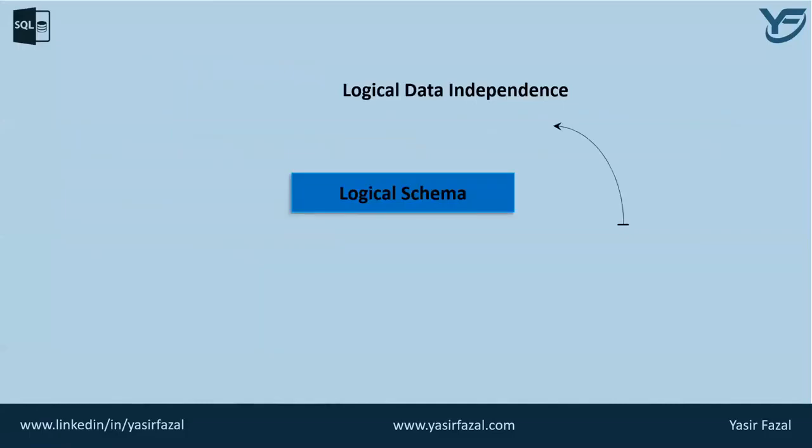When we talk about logical data independence, it applies to the logical schema. Logical data is actually the data about the database. Actually, it is the metadata. It stores the information about how data is going to be managed inside the database. For example, a table relation stored in the database and all the constraints that are going to be